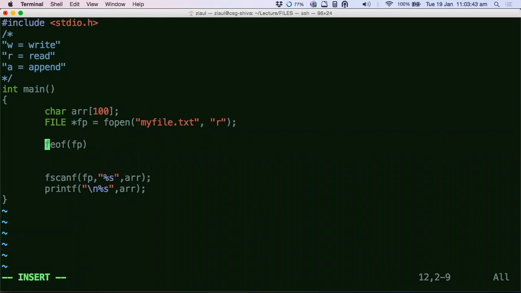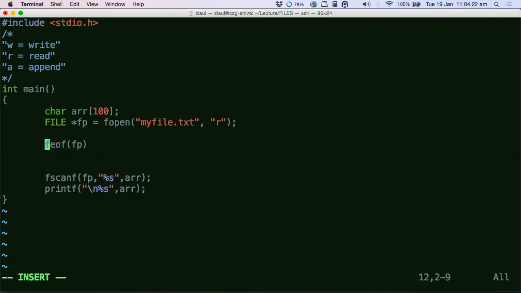Apart from that, scanf will behave the same. Scanf does not even know where the input is coming from. Scanf just reads the input based on whatever pointer it has been given. If it has been given stdin, it reads the data from the keyboard because it just views the buffer. For files, that buffer will be filled with the file data and scanf will read that. For stdin, the buffer will be filled with keyboard data and scanf will read it from the buffer. That's it. So I think your doubt is clear, right? Yes, sir. Okay, good.